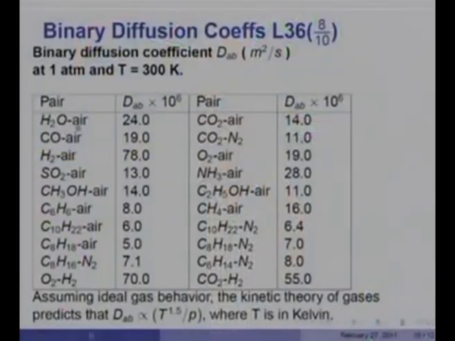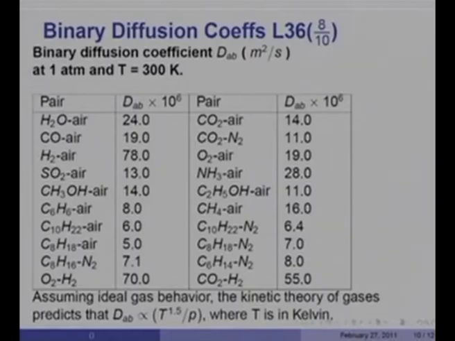So, here I am defining it, for example, water vapor in air, 24 into 10 raised to minus 6, CO in air 19 into 10 raised to minus 6, and so on and so forth. So, this is for your ready reference which you can use. The only thing to remember though is that these values are at a temperature of 300 K and 1 atmosphere, but many times we have higher pressure, particularly in combustion problems, and temperature would also be higher, in which case you